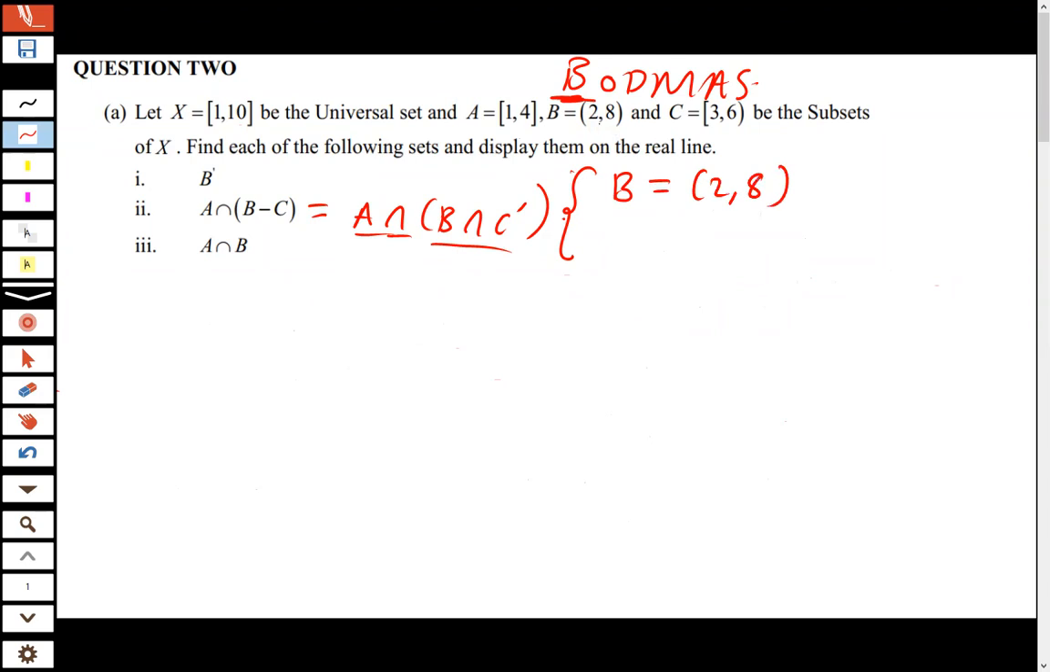2, 8, which is just given there. And then C complement is this one. So we have C here, then the universal set there. So the smallest number in the universal set is 1, and then it has a closed bracket. So we close at 1 and then up to 3. So I'm going to write 3. Now, since 3 is part of set C, according to the bracket which has been used there,